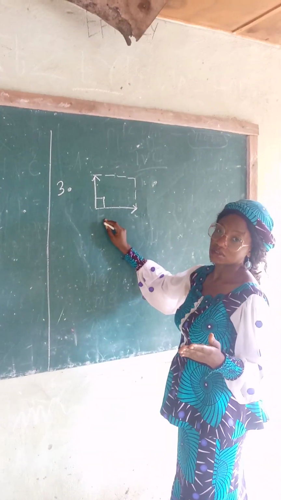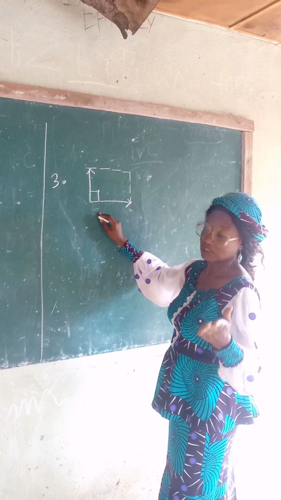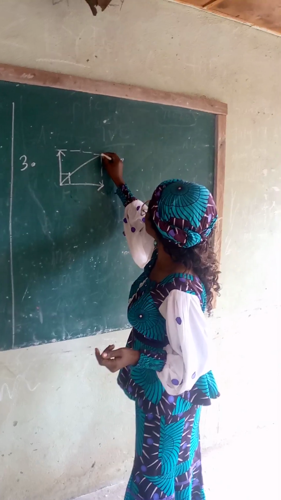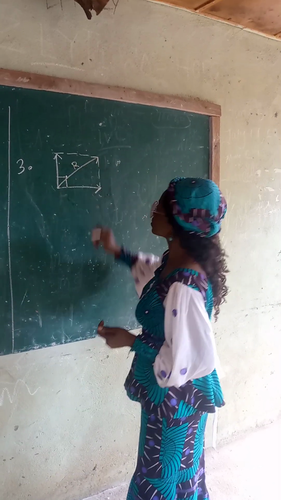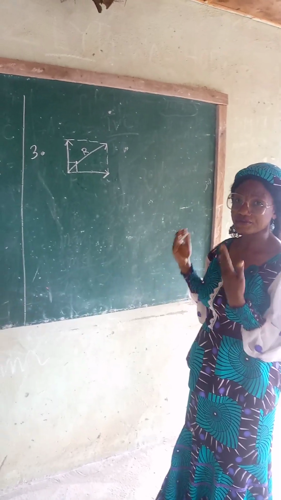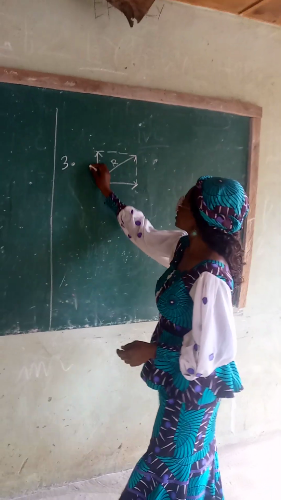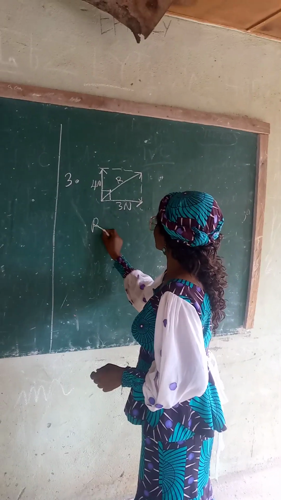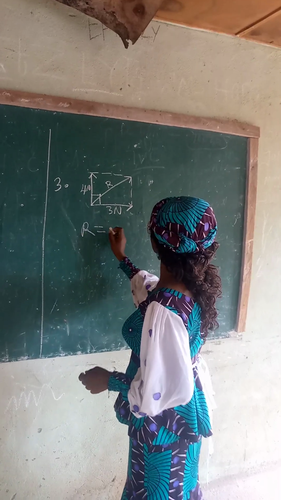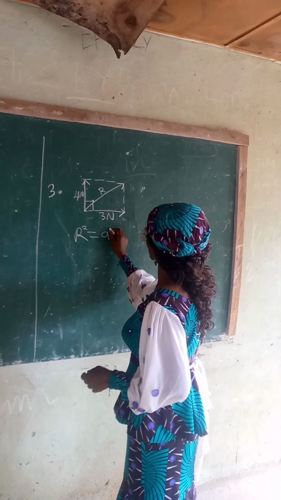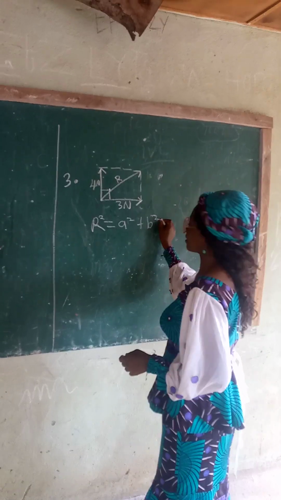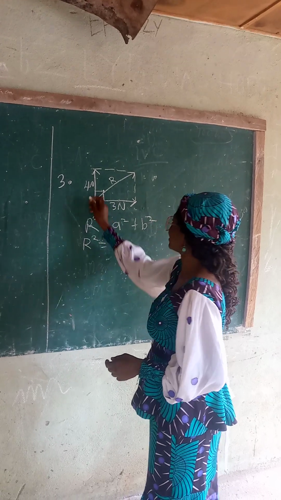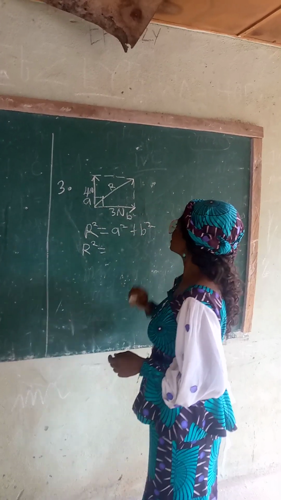And of course, the resultant will be from the common point. This is the common point. So we complete it and then we have this. This is our resultant. So to find the resultant in this case, if this is 4 Newton and this is 3 Newton, we have R squared is equal to A squared plus B squared. So if A is 4 and this is B, which is 3,